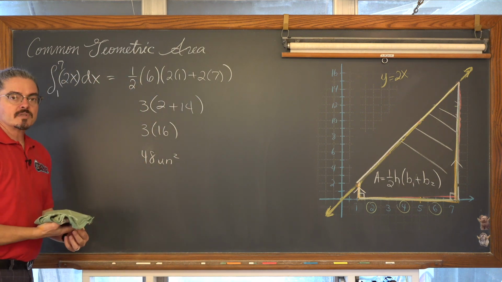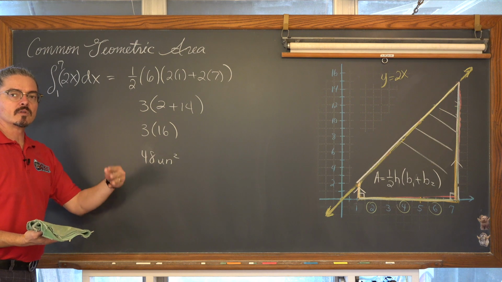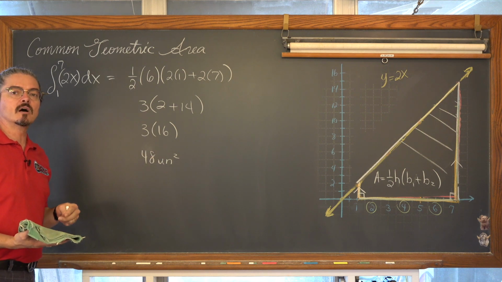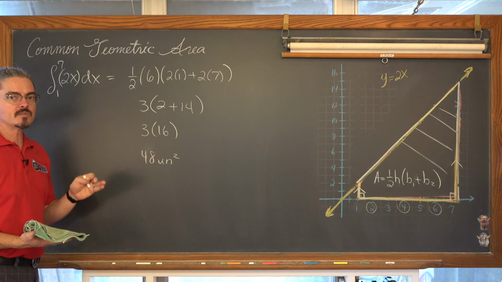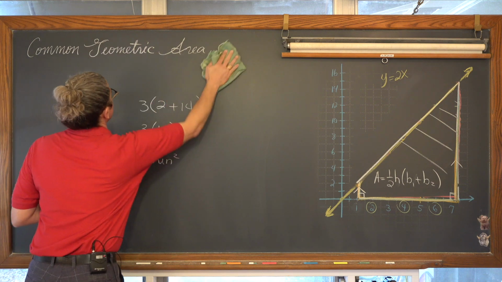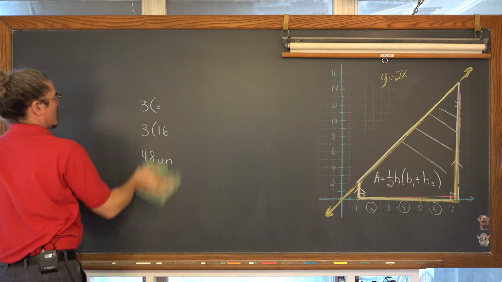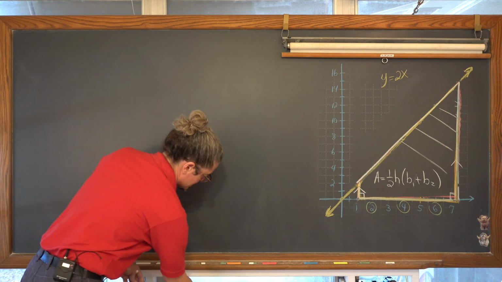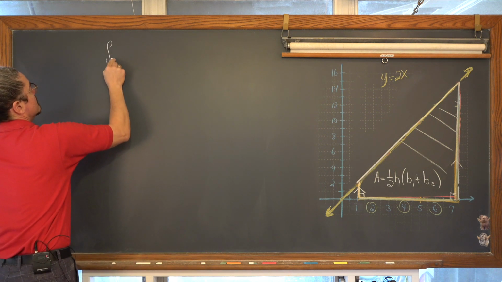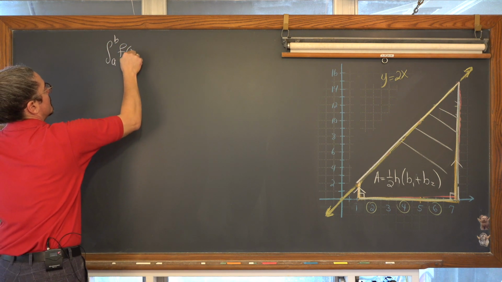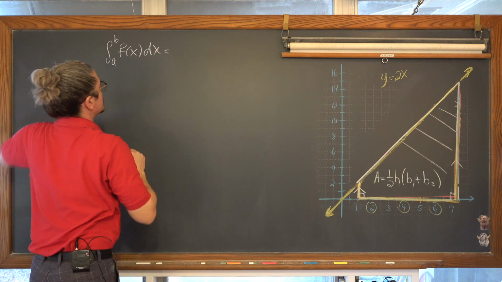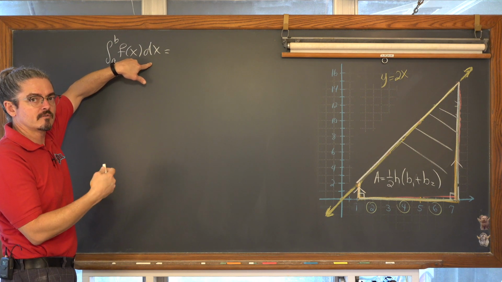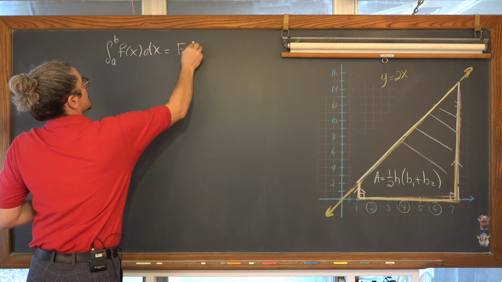Now, once you get through the section that introduces the concept of a definite integral and Riemann sum and introduces that definition of a definite integral, and then you roll through a section of evaluating definite integrals using common geometric regions, then you're going to start getting problems that expect you to go through that definite integral process, which is to say that the definite integral from a to b of f of x dx is equal to, first, apply what you just learned about finding antiderivatives, find the antiderivative of lowercase f, and get that uppercase F.